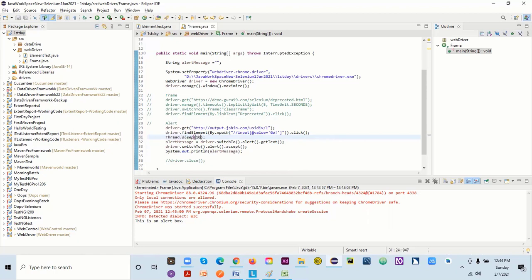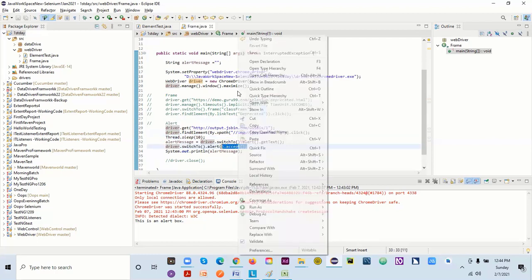If I had given 10 seconds, even if your application is open, it will still wait for 10 seconds. This is hard coded, and that's why we never use this actually. But just to give you an example, we are using it because we want to click on that alert and hold it for some time, then get the text from there and click on accept. Okay, let's try this.